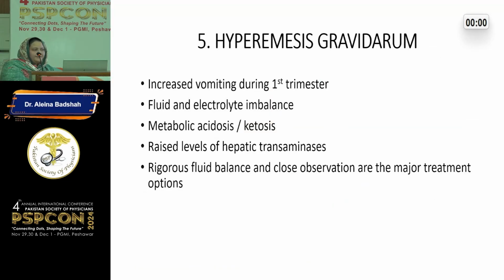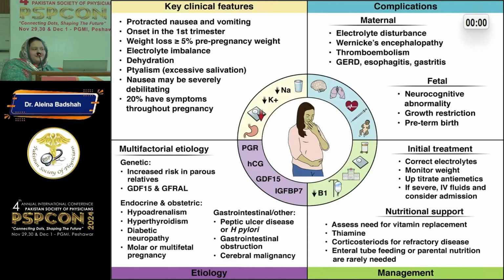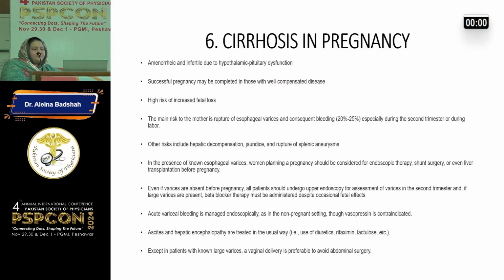Then there are certain other conditions like hyperemesis gravidarum that has implications on the liver. Cirrhosis is a very important topic. If a pregnant cirrhotic patient deteriorates, what are you going to do with this patient? Because of the pressure of the pregnant, the gravid uterus on this patient, she is at risk of hematemesis. There is even a high risk of liver rupture, and there are so many other things that I wanted to discuss with you people, but because of the shortage of time, I won't go into their detail, लेकिन मैं ये share कर लूँगी आप लोगों के साथ.